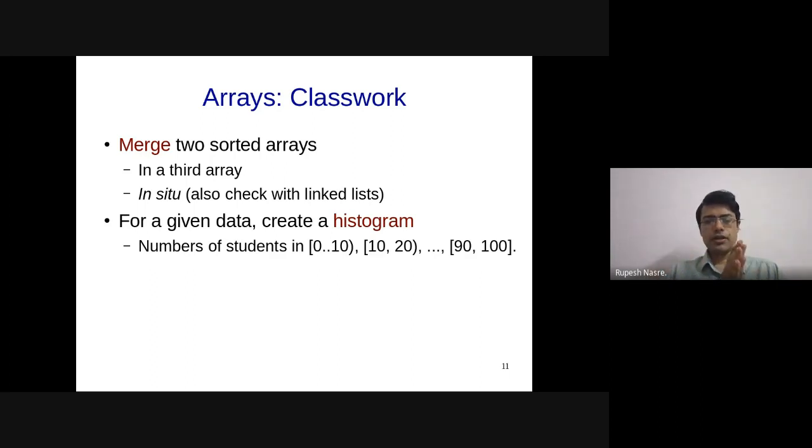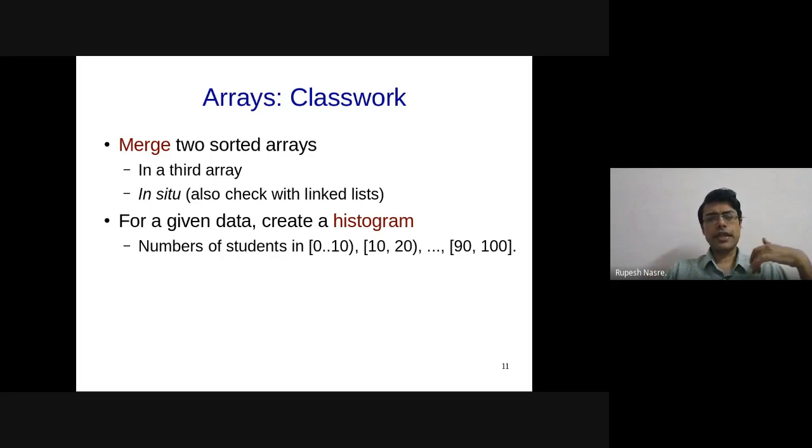So you are given, let's say, n students having n marks from 0 to 100, and we would like to bucketize these students into these different buckets. Each bucket is decided by the marks. So 0 to 9 is one bucket, 10 to 19 is another bucket, and so on. Finally, 90 to 100 is the last bucket. So maybe there are 10 such buckets available with you, and we would like to push students, or the marks, into that.